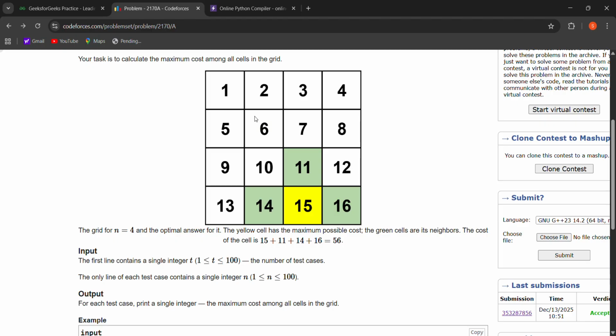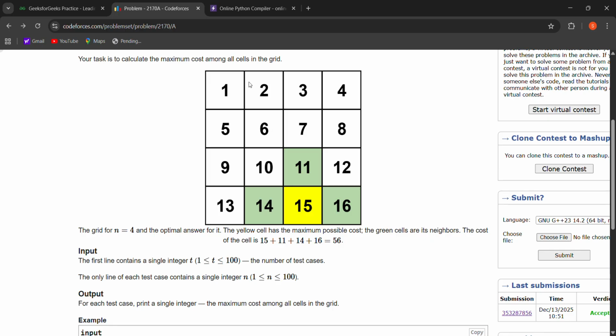If the coordinates of this 6 will be r comma c, first look at this 2. This is in the same column, so this c will remain the same for this 6 and this 2. The only change is in the row, so we decrement the row by 1 to move from 6 to this 2.